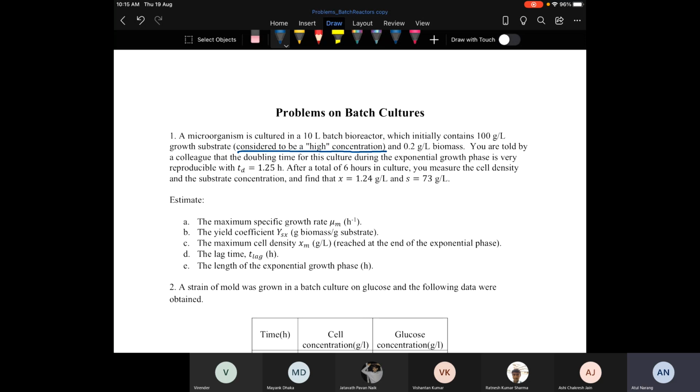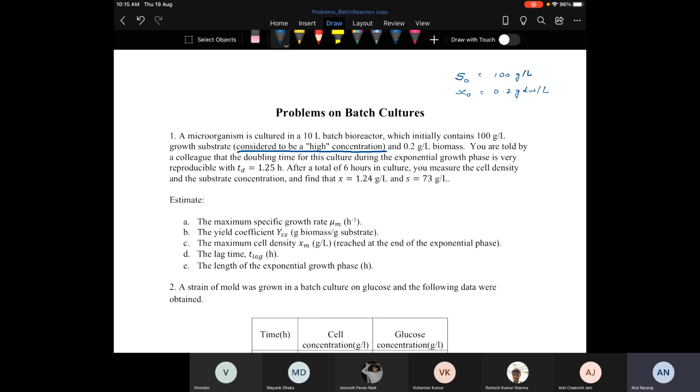So essentially they have given you S0 as equal to 100 grams per liter. This is the initial amount of substrate. And they have also given you X0, which is the initial quantity of biomass when you start your bioreactor,